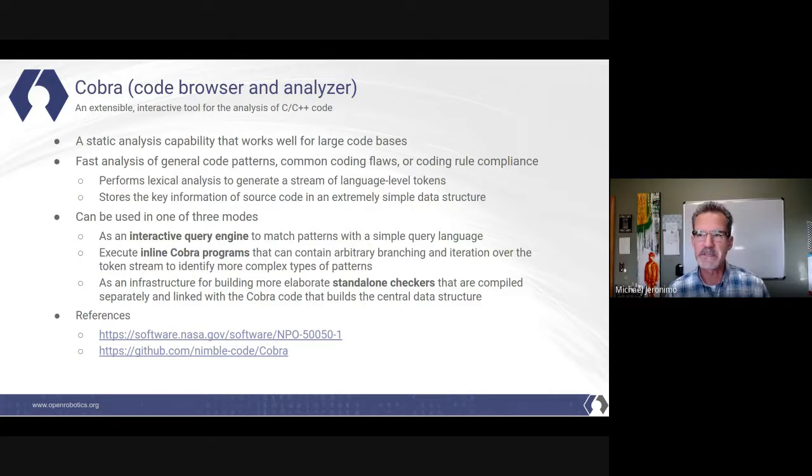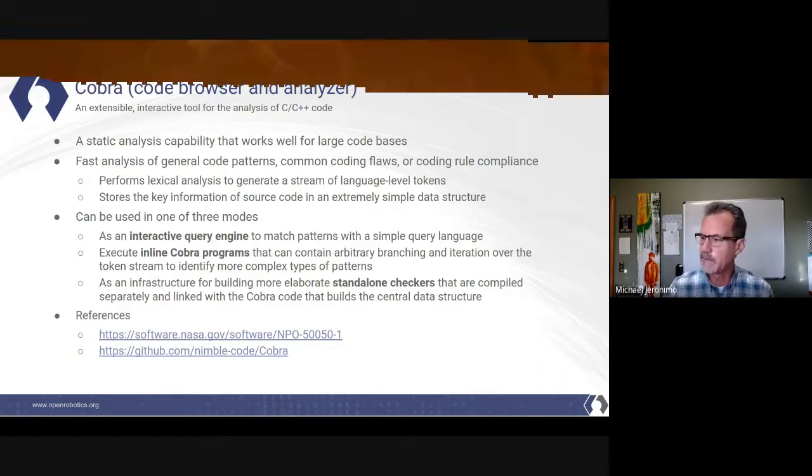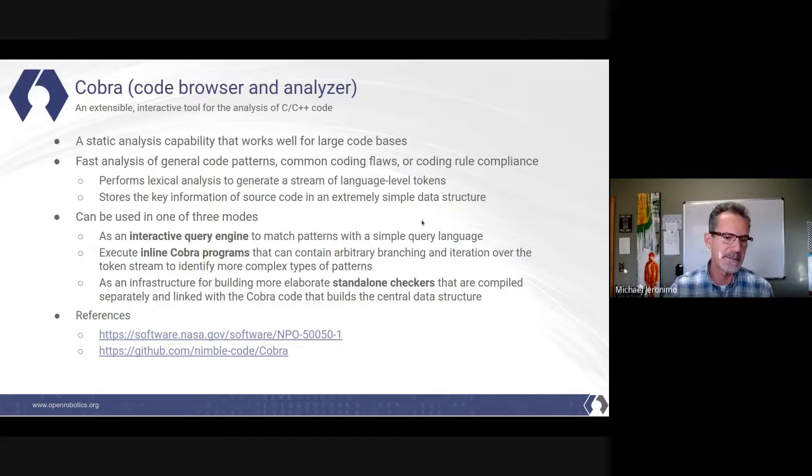You can write your own checkers. It comes with a lot of different rule sets, like the JPL rule set, the Common Weakness Enumeration rule set, and the Power of 10 rule set. And we have added AUTOSAR C++14, but because of the nature of the tool and because some of the rules in that are not automatically verifiable, we can get around 50% of the checks done by Cobra. It also has an interactive mode, by the way, that we don't use. There's an interactive query engine, so you can bring in a whole bunch of code, perform queries against it, and search through the code for certain patterns